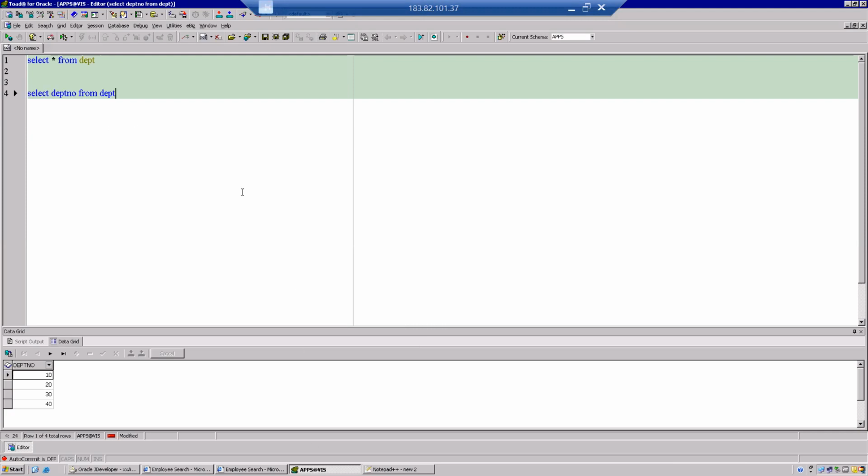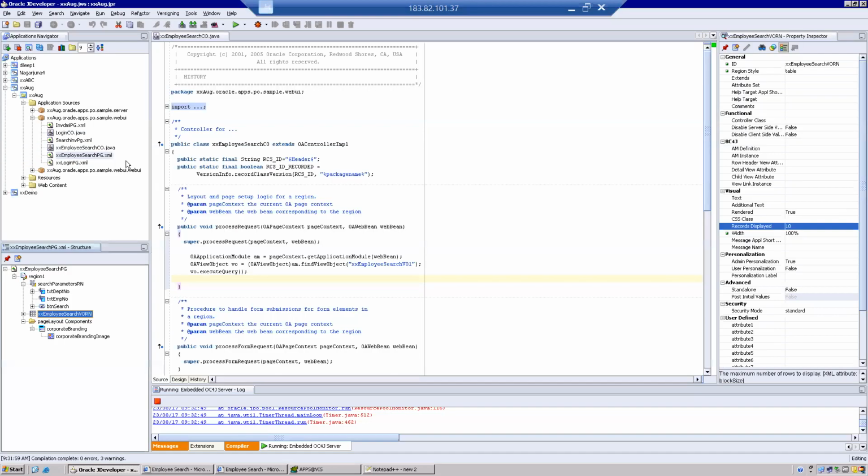This is the query. Now I have the query. Now I want to display. What do I have to do here? I have to create a